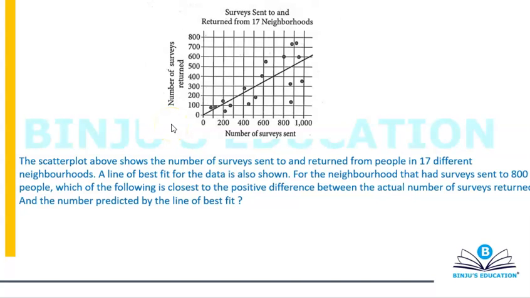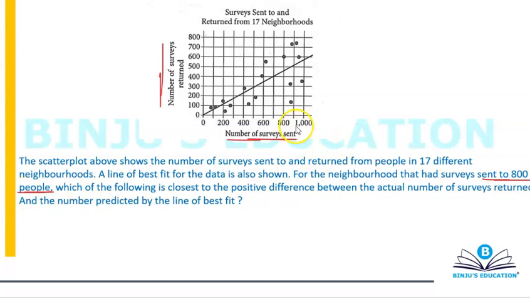So the scatter plot above shows the number of surveys sent to and returned from people in 17 different neighborhoods. A line of best fit for the data is also shown. For the neighborhood that had surveys sent to 800 people: on the x-axis we have the number of surveys sent, on the y-axis the number of surveys returned. So for a neighborhood that had surveys sent to 800 people,